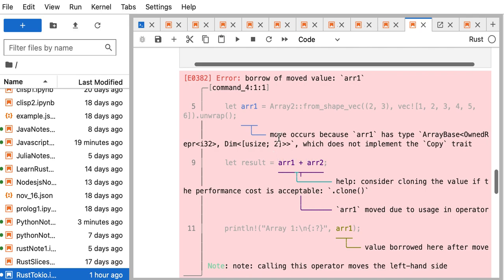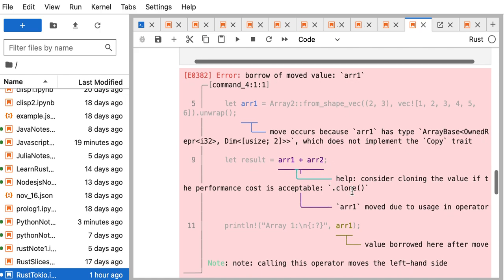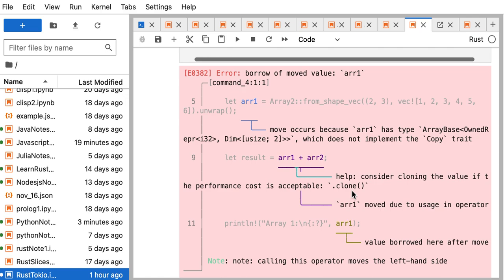The compiler says that the move occurs here because array 1 has a type Array based on OwnedRepr I32 and Dim usize 2, which does not implement the Copy trait. So when we try to do line number 9, result equals array 1 plus array 2, the compiler advises to use the clone method if the performance cost is acceptable,